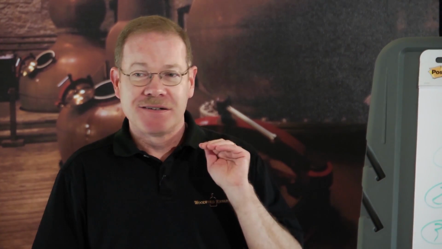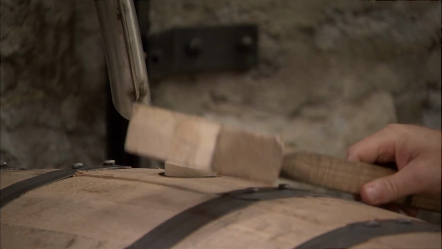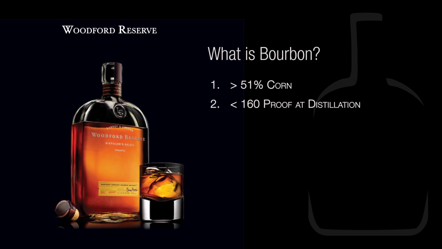Now, our spirit has been produced, and it's time to move into that oak container. Bourbon has a little rule we're going to slide in there, and it's called the barrel entry requirement. You can't just distill at, say, 140 proof or 150 proof and go right into a barrel. No bourbon is allowed to be entered into a barrel at more than 125 proof. Every bourbon distillery in Kentucky distills its final spirit at over 125 proof. Every bourbon distillery in Kentucky adds what to reduce to no more than 125 proof? Water. That's all we can do is add water.